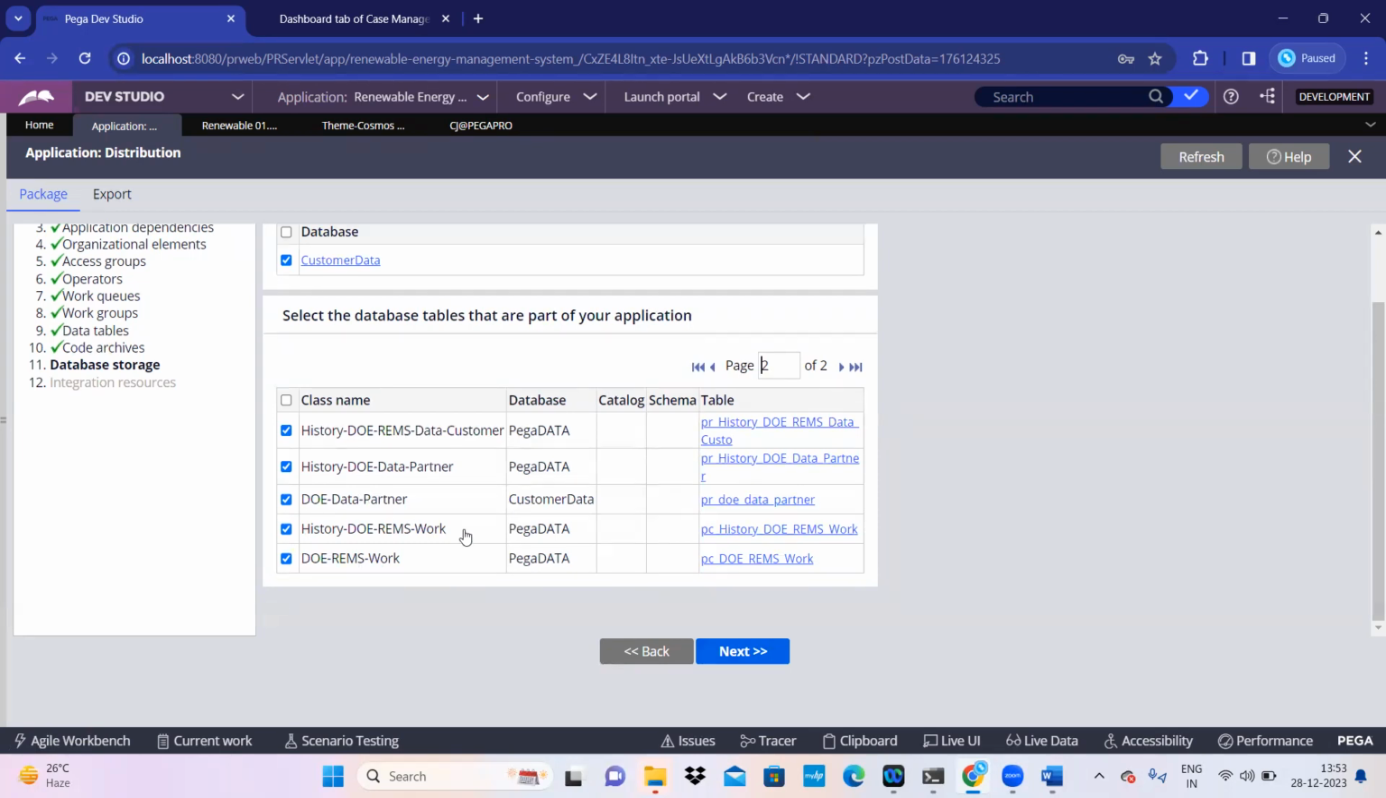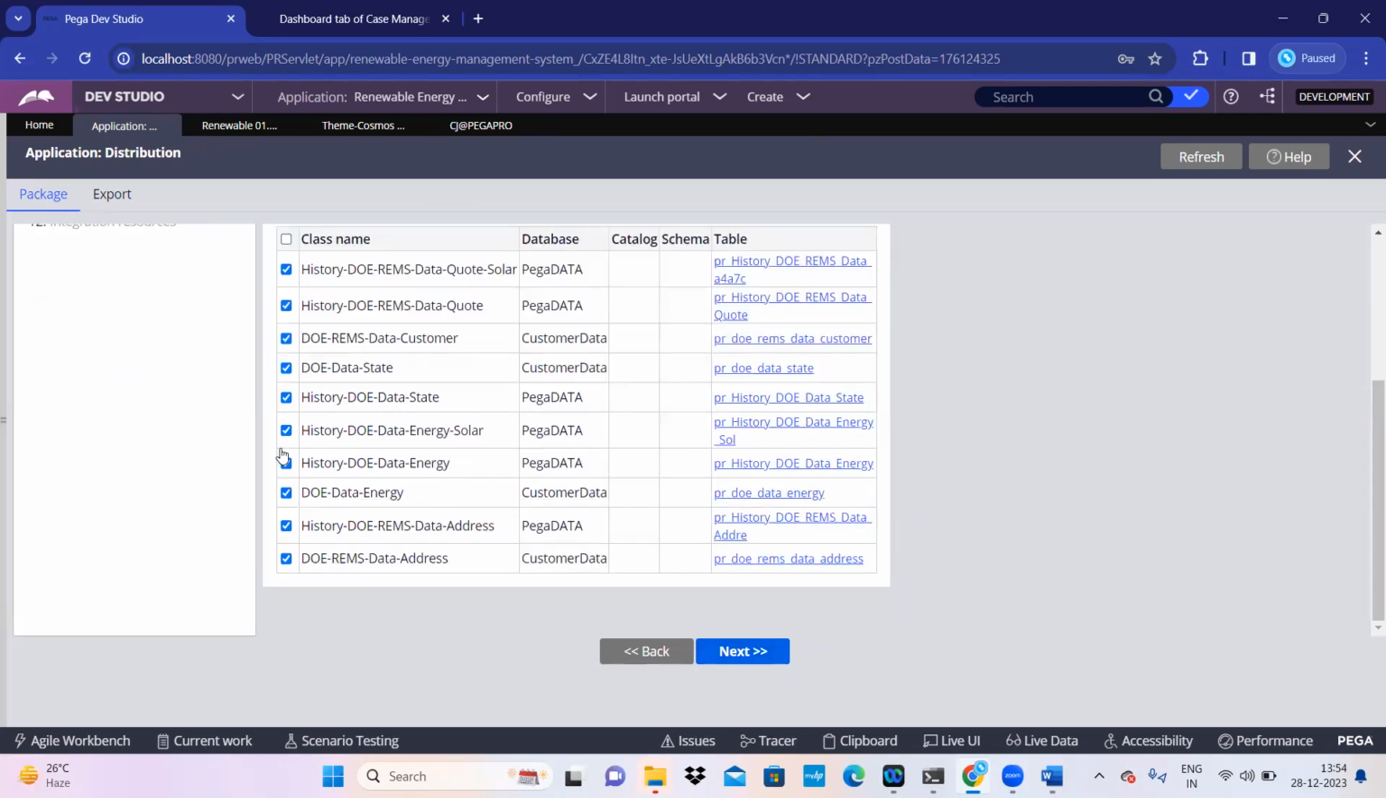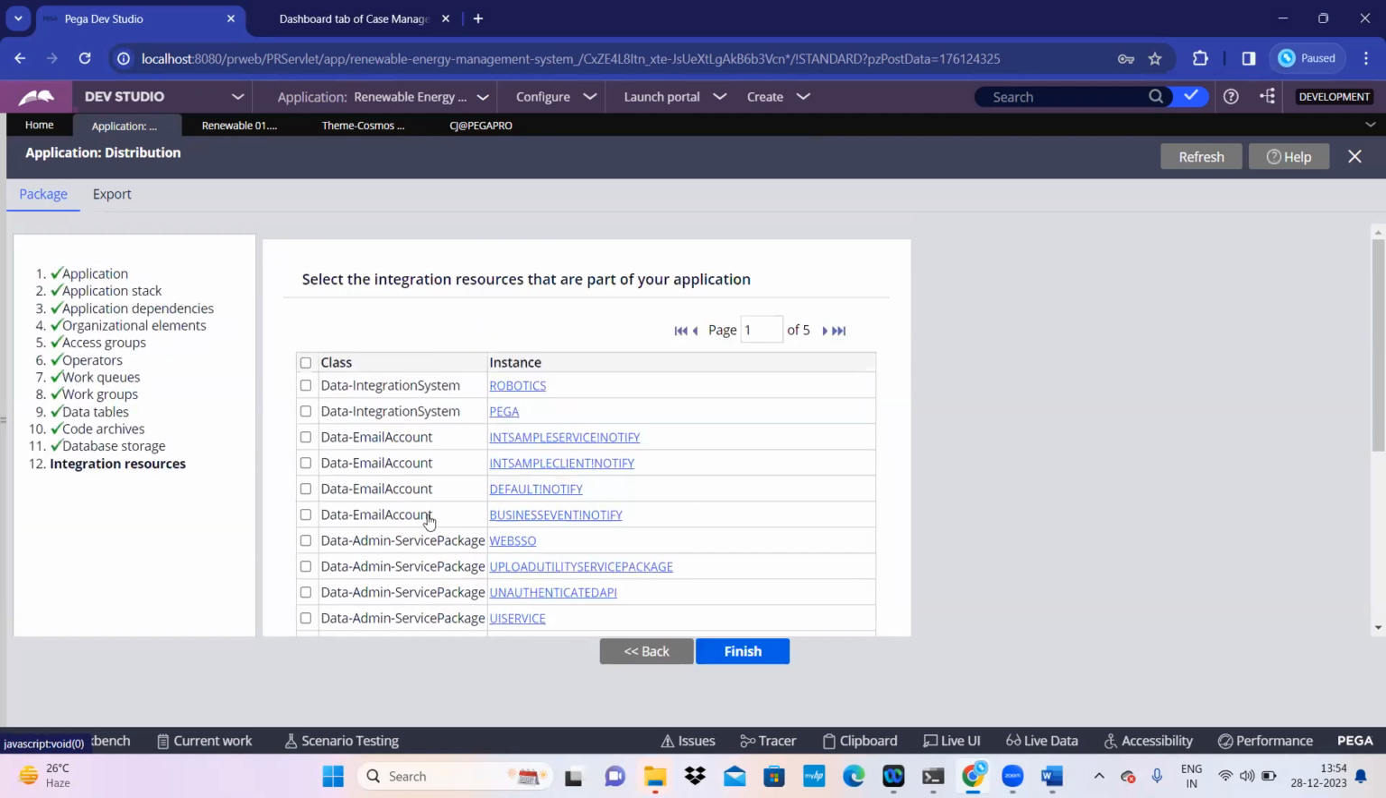In some cases, we don't need to move some of the history table instances, which is not mandatory. Which are the data types required, we can select it, and which is not required, you don't need to select it. Click on next. You can get the list of the integrations which are being developed by us, and